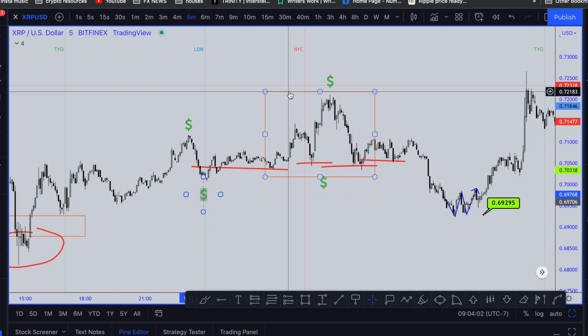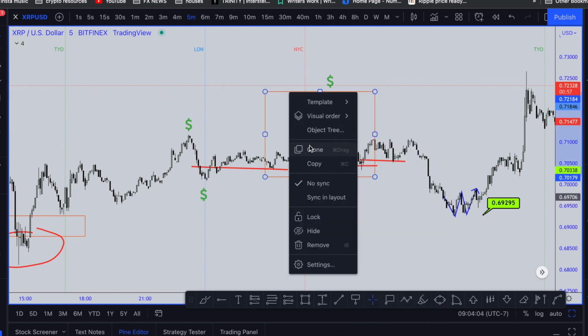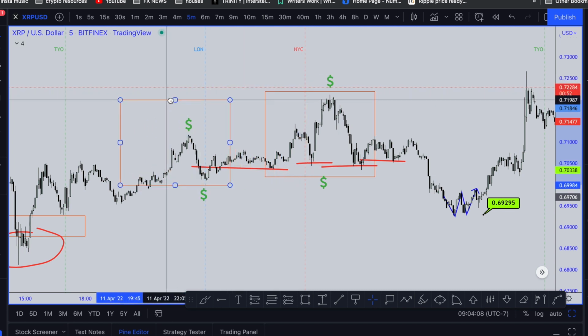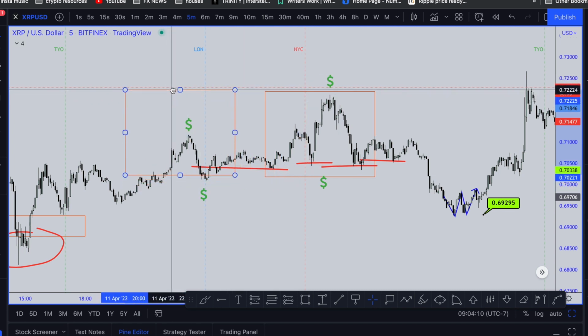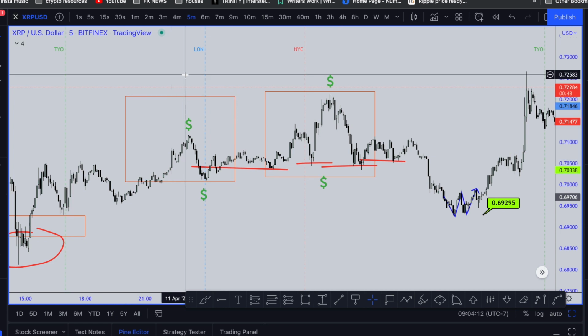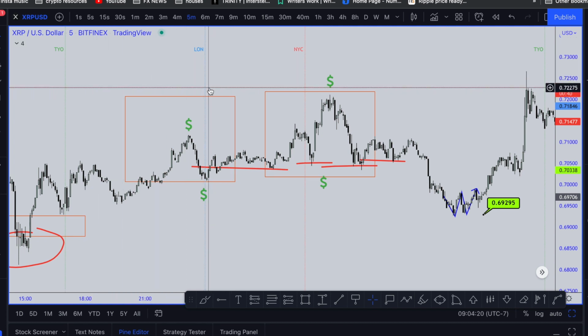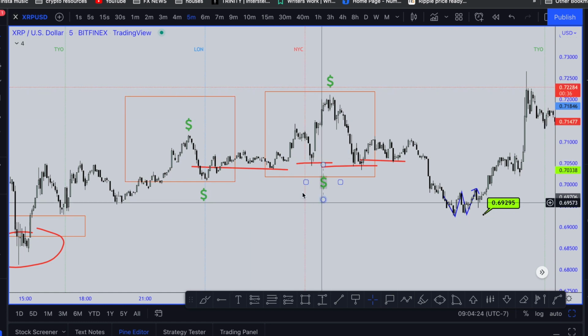If we were to clone the manipulation window from every single session and put it where it's supposed to be, I've told you guys that the majority of every single trading session is manipulation. There are only, realistically speaking, 2 institutional moves or orders that happen in every single session, whether it's Asia, London, and New York. The rest of price action is mainly just consolidation and manipulation. And as you guys can see, all of that coming into fruition.